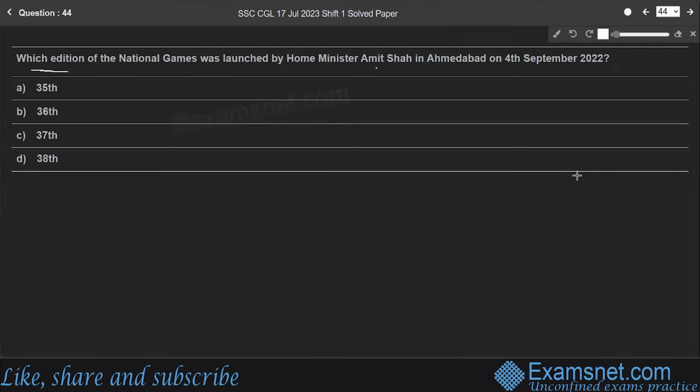Question 44. Which edition of the National Games was launched by Home Minister Amit Shah in Ahmedabad on 4th September 2022? The 2022 National Games of India, also known as the 36th National Games of India. Therefore, the 36th edition of National Games was launched by the Home Minister. It is informally known as Gujarat 2022, and it was the 36th edition of the National Games of